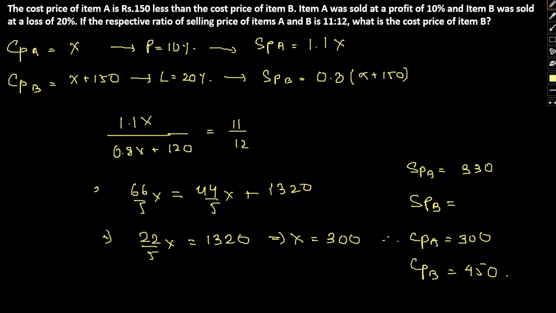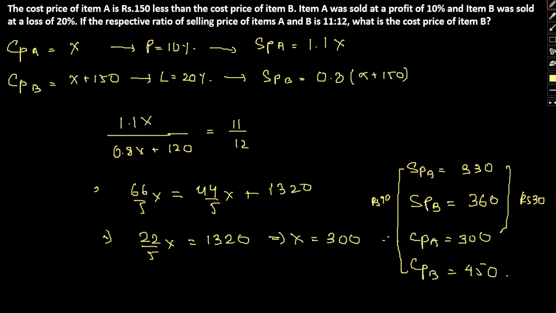So let's reduce 90 from here. 80% of 450 will be 360. We just reduce 90 from here. So these are the whole values. Here a profit of rupees 30, here a loss of rupees 90. Okay, so all the conditions are met and we can figure out everything. Whatever they ask for, you can simply give them by this particular process. So with that said, this question comes to an end.